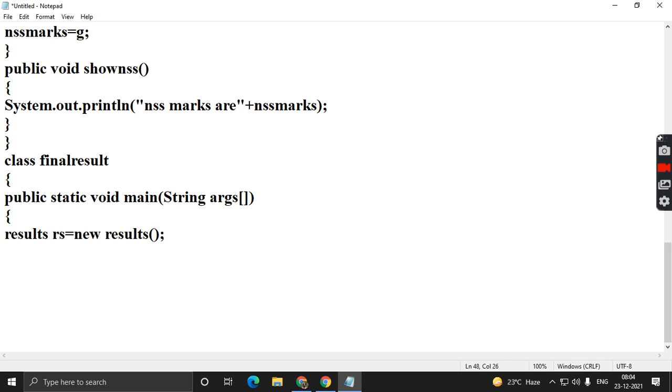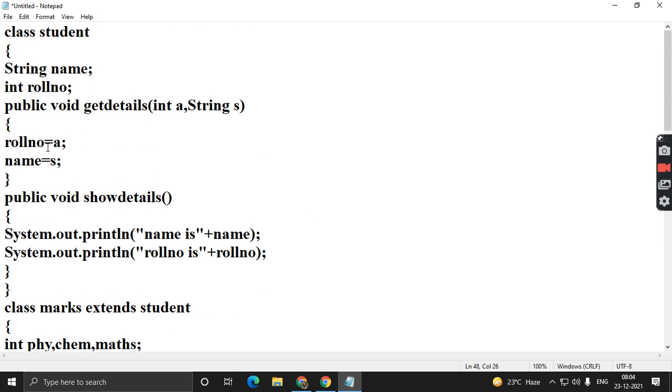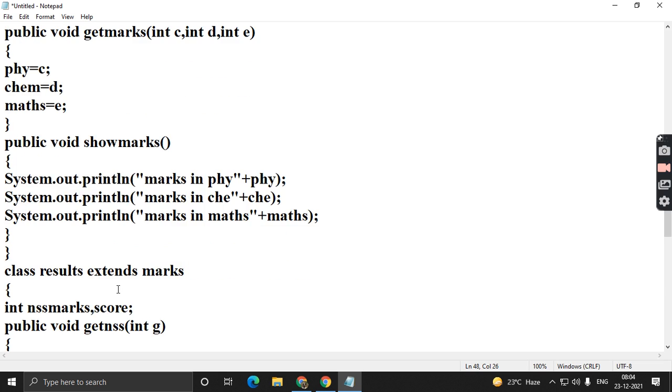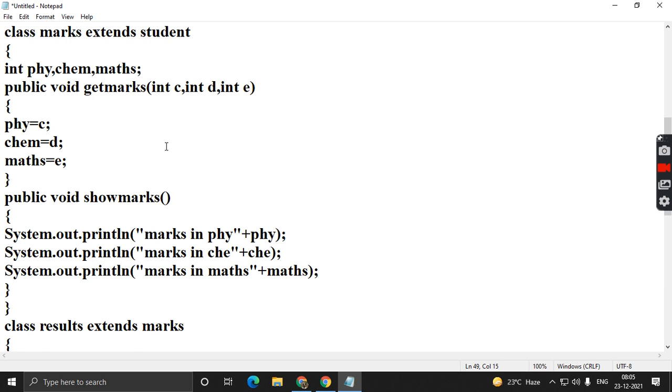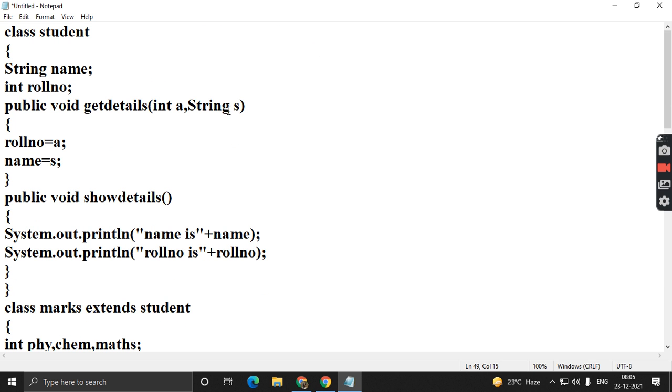So using this object we can access the properties of the parent class and the child classes. So we have get details, show details. We will enter the parameters, where we have to pass the name and roll number.